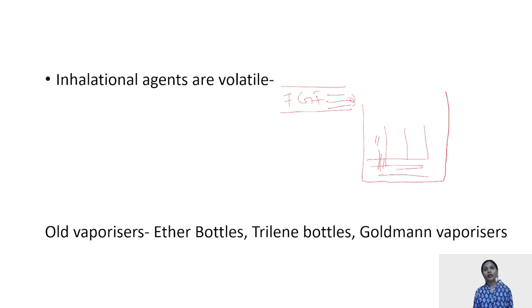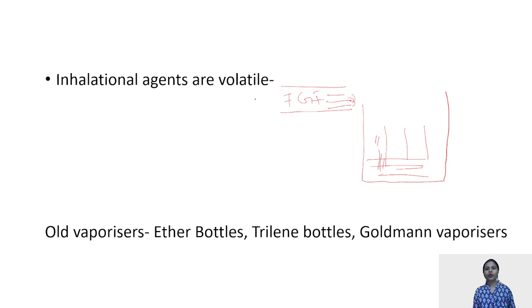So what will happen is, if the liquid is changing into vapors, sudden cooling of the liquid will occur, and eventually it is not going to change into vapor itself, or it is going to get cooled down a lot. That is why it is made up of copper, such that it has very good conductivity. It has a high specific heat, such that it can take the heat from the environment and help the liquid, or the inhalational agent per se, to maintain the temperature, such that we have a supply of vapors that is coming.